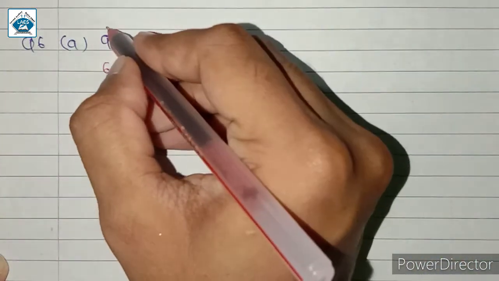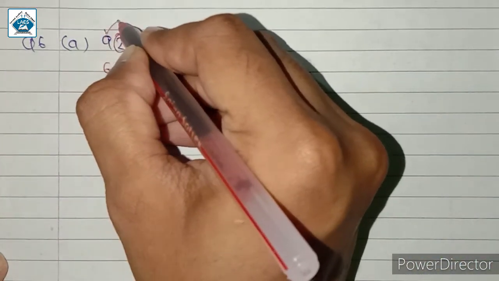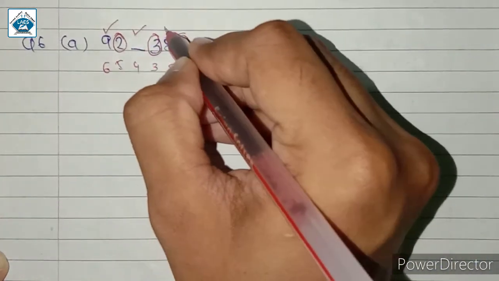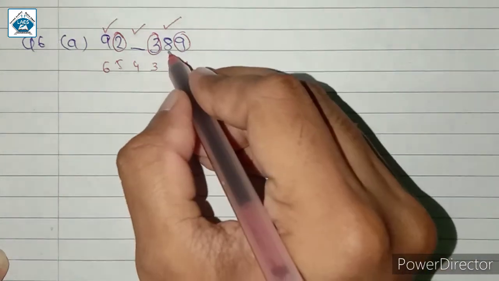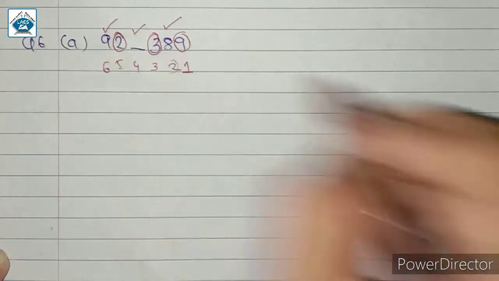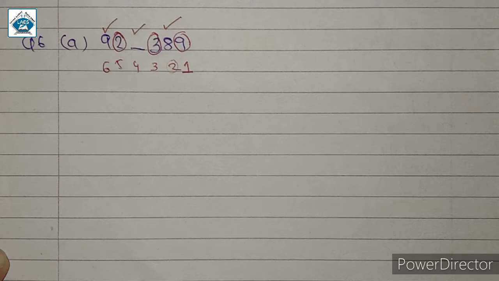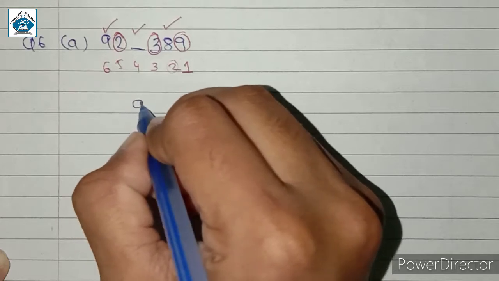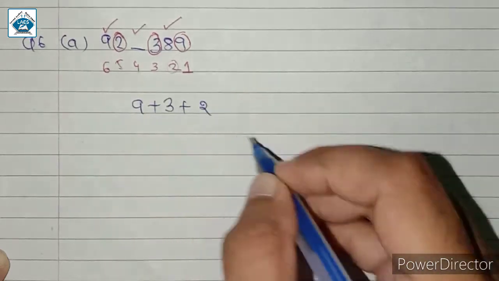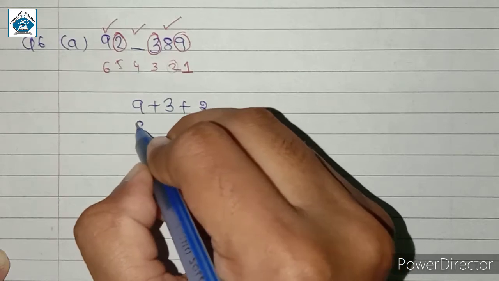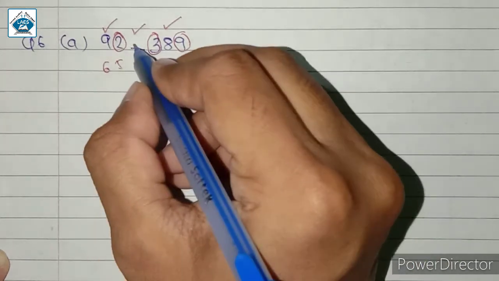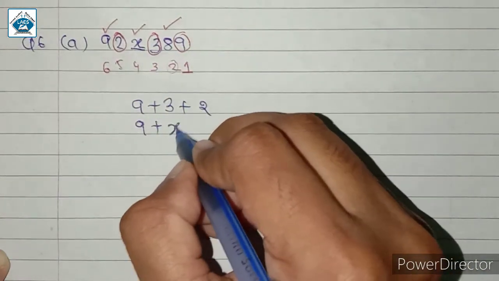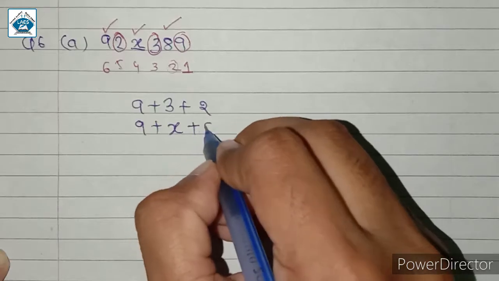Next we will find the sum of numbers in the even place. So 9 is in the even place, the blank space whatever it will be, that is in the even place, and 8 is in the even place. क्योंकि 8 second place पे है और 2 even number है, इसीलिए 8 is in the even place. Next हम क्या करेंगे, we will add these numbers. So sum of odd numbers will be 9 plus 3 plus 2, and sum of the even numbers will be 9 plus, since we don't know this number, तो हम इसे x कंसिडर कर लेते हैं. ठीक है, ये कोई एक नंबर है, x plus 8.